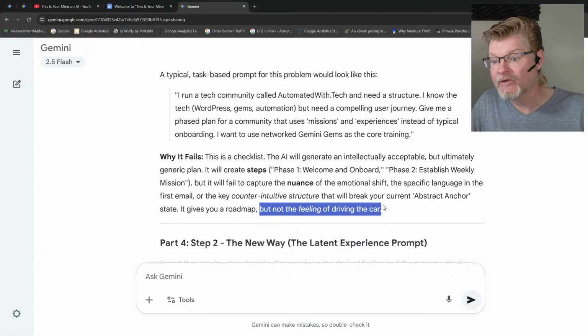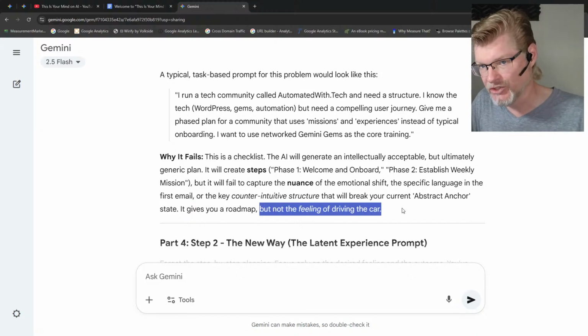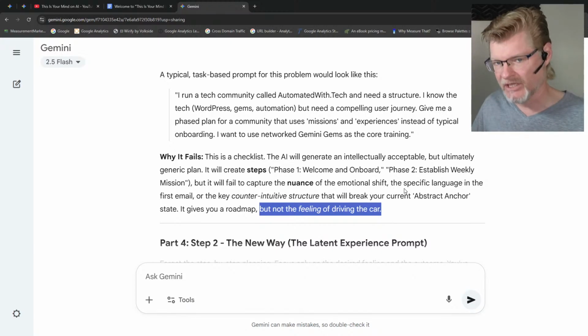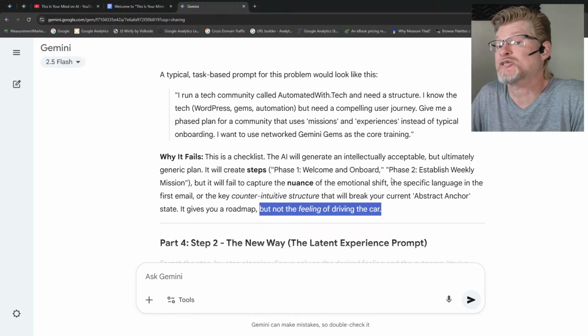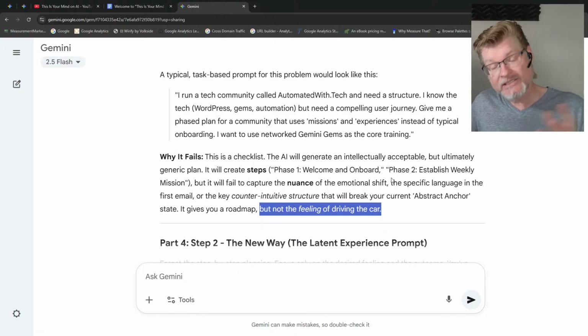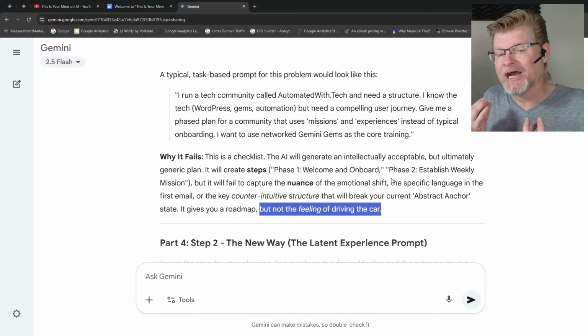How many AI sessions have you had where it gave you a plan and no real action? You got a bunch of ideas and things to think about and more stuff to do, and that was basically what it left you with. Not a finished feeling of, oh, this is in progress. Like, this is actually moving forward. Now, sometimes it does do that. My point here is you can do that, if you want, all the time. That's how AI is supposed to work, but you have to operate it.